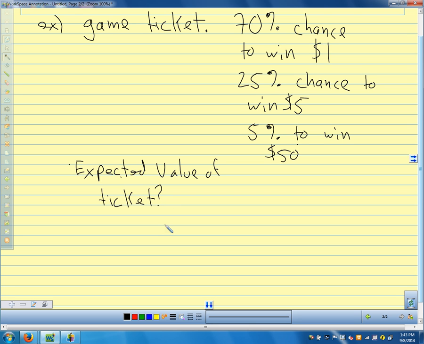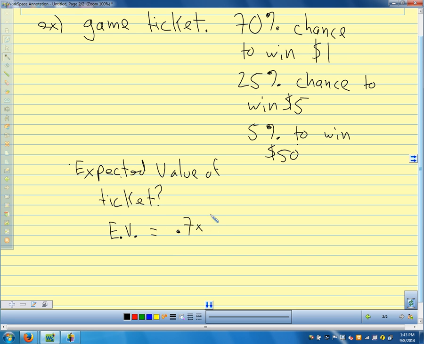To find our expected value, we just need to multiply the probability times each value and add them all together. So I'm going to write EV for expected value. The probability of winning $1 is 70%. How are we going to write that to multiply? We turn it into a decimal. And how do we turn 70% into a decimal? Two to the left, go the opposite direction. So it's going to be 0.7